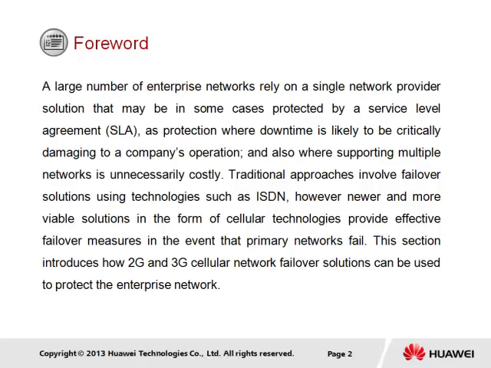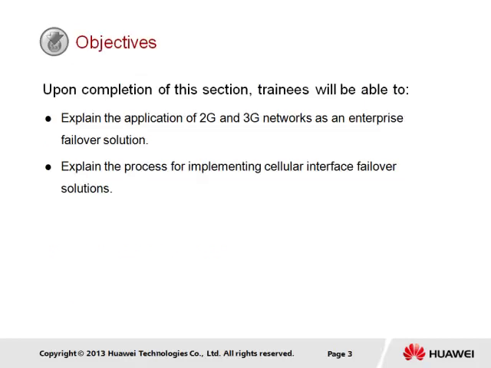Traditional approaches involve failover solutions using technologies such as ISDN. However, newer and more viable solutions in the form of cellular technologies provide effective failover measures in the event that the primary networks fail. This section introduces how 2G and 3G cellular network failover solutions can be used to protect the enterprise network. So upon completion of this section, it is generally expected that trainees will be able to explain the application of 2G and 3G networks as an enterprise failover solution, as well as explain the process for implementing